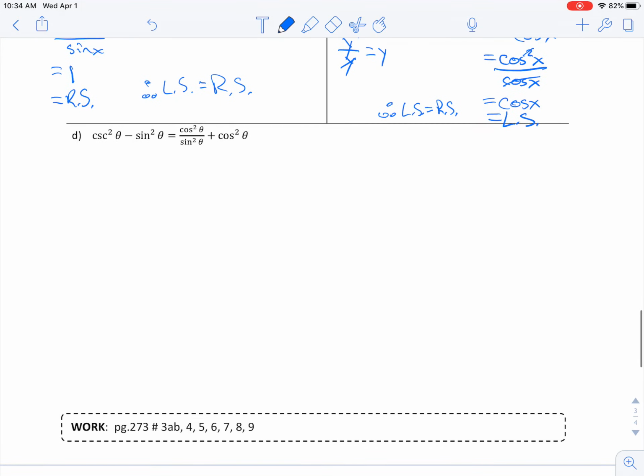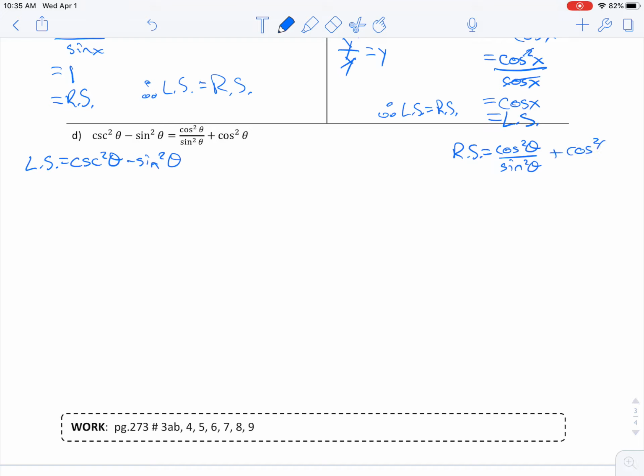We're good. Okay, so the next one is an example of how complex it can get. And you're not necessarily always going to get these, but it does get pretty crazy. So I've given you a bunch of space left and right. We're probably going to use all of it. So I've got the left side is this cosecant squared theta minus sine squared theta. And way over here, I'll write right side equals cos squared